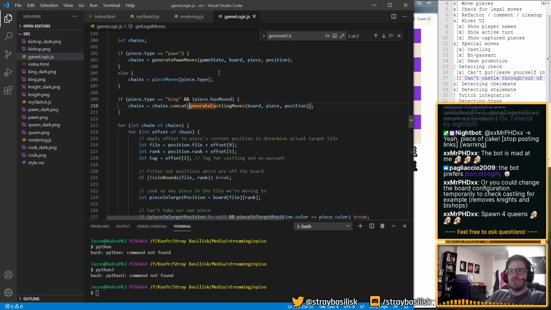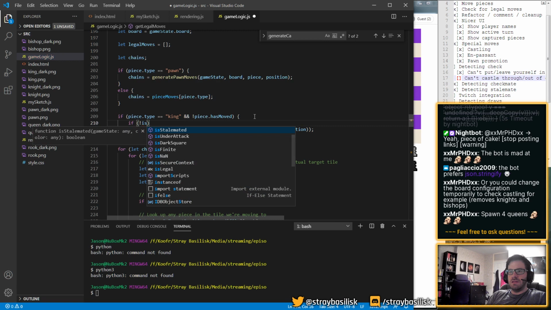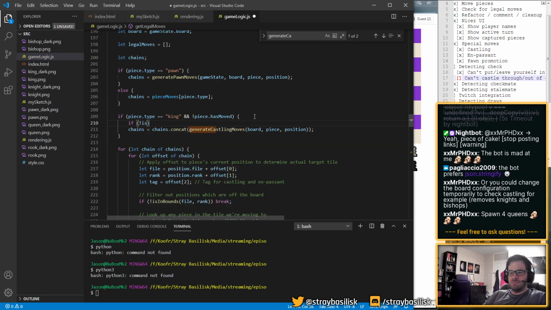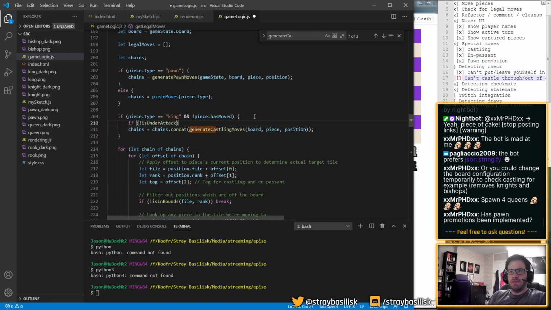So I'm going to say if... let's see what this is called. If is game state piece.